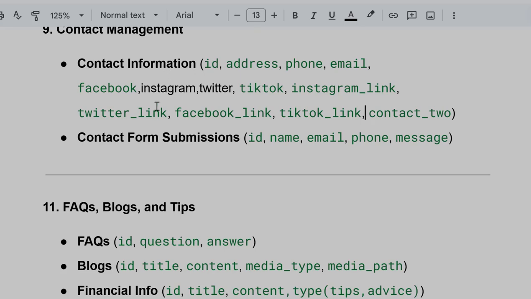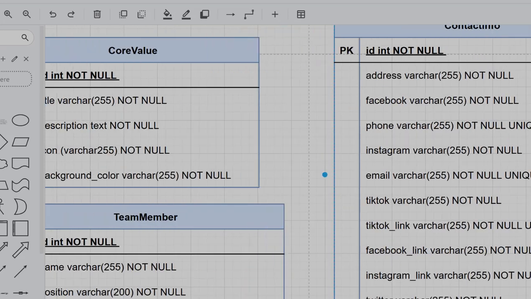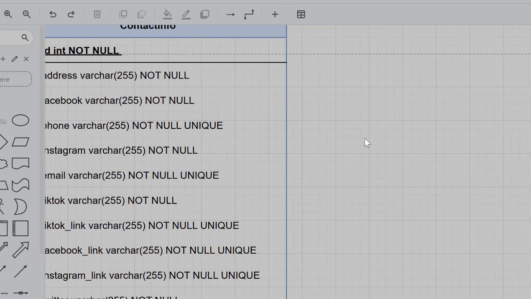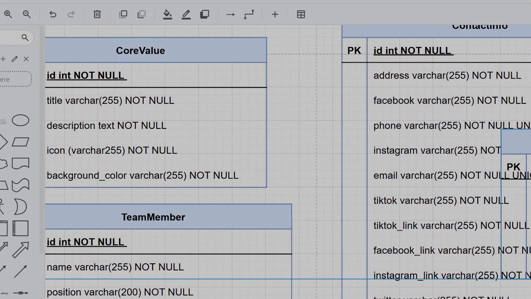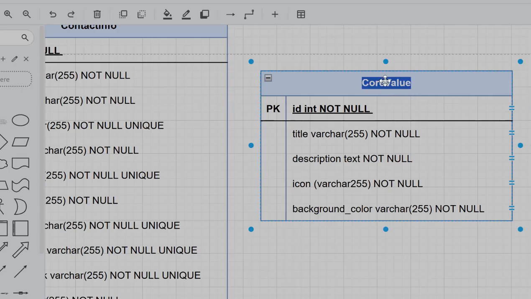So having added that, we also have the contact form submissions, such that we keep track of the username, their email, their contact number, and then the message that they have sent. So what I can do is making use of, for example, the core value entity and pasting this contact form submissions this side. So the entity can be contact forms,